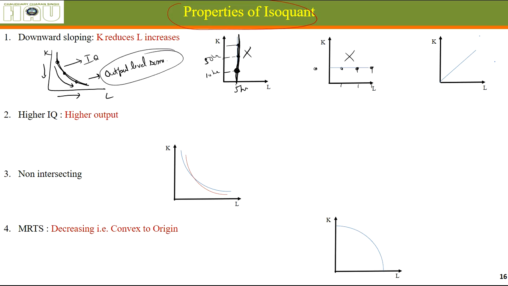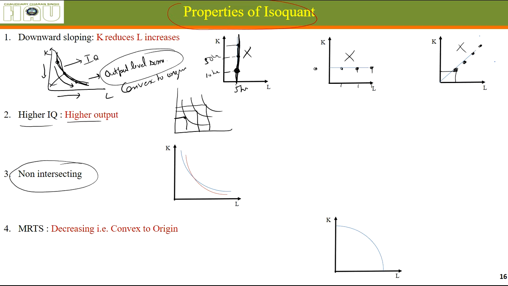Remember, for an isoquant, the output level should be same. Here, the quantity of both the inputs is increasing if this is the shape of isoquant. So it naturally cannot be, because more input means more output. So what we end up with is a convex shaped isoquant, convex to origin. Alright. Higher isoquant means higher output, because the use of inputs increases, the output increases. Lower isoquant means lower output.